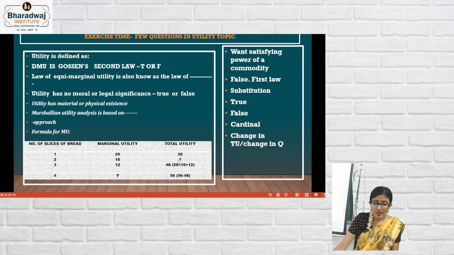Marginal utility is given. What is here? 36. All of you got 36 there? Didn't do? Why? Do this also. Okay. Everybody did this? Others? What happened? Question mark is there? No? Okay. Under marginal utility you have 20, 16, 12, question mark. And in total utility, 20, question mark, 48, 56. Now fill up the question marks.